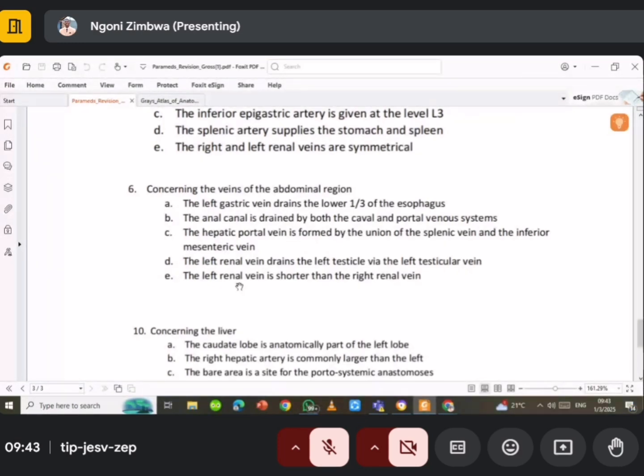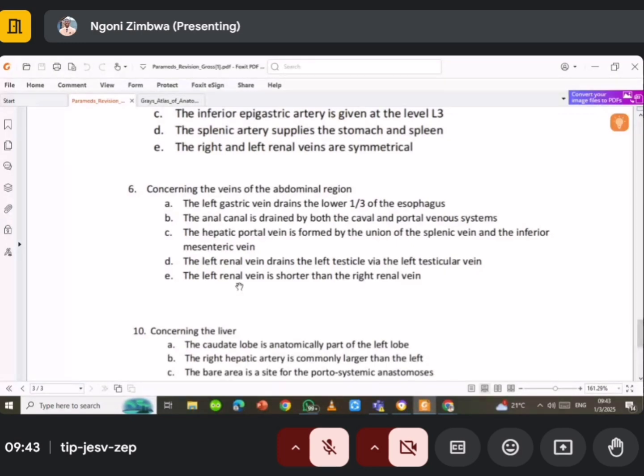That is actually true. Right. So if you remember, from the testis to the abdomen, you're going to have what is called the spermatic cord. The spermatic cord is going to have the pampiniform venous plexus, right? So the pampiniform venous plexus is actually going to join at the level of the deep ring